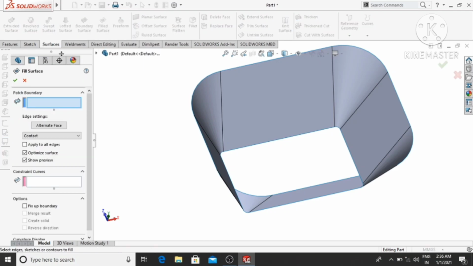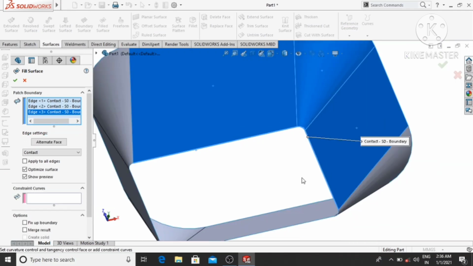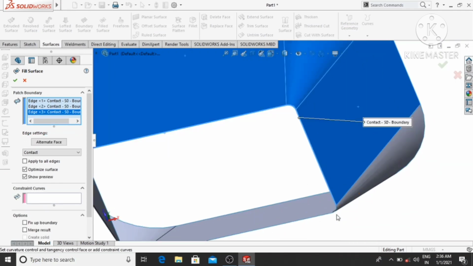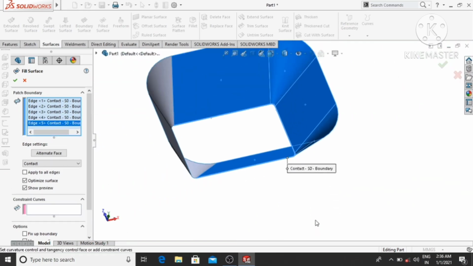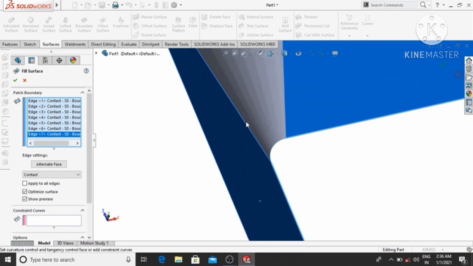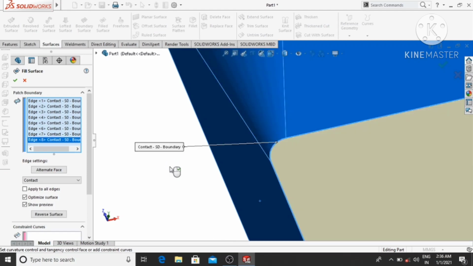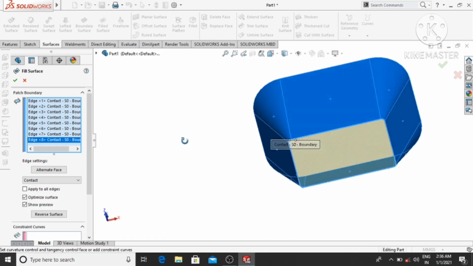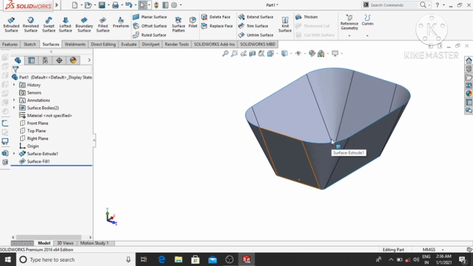Select fill surface and it will ask for the patch boundary, so select all these corners, select here, and this last one, so this portion will be selected, then OK. Now we have filled this surface.